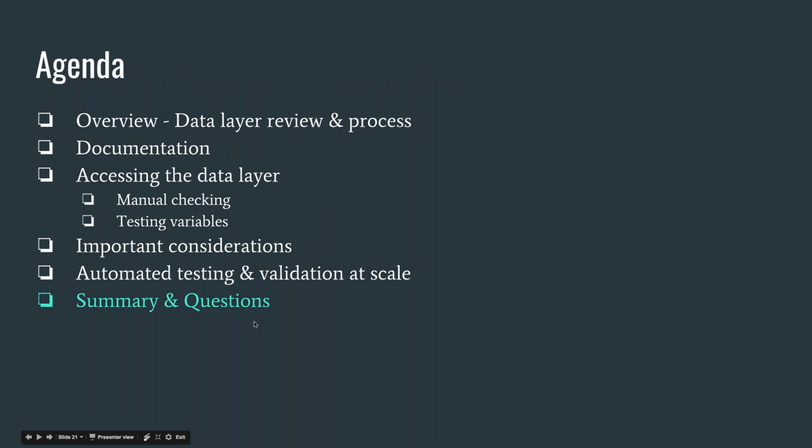I know we're running out of time here. Just to quickly summarize, today we went through data layer structure, a quick review. What does that look like? What's included? What needs to be included? Some of the pieces of documentation that you should have as you're architecting and implementing the data layer, and then also how to translate those into testing documentation, how to access the data layer and actually test it manually,